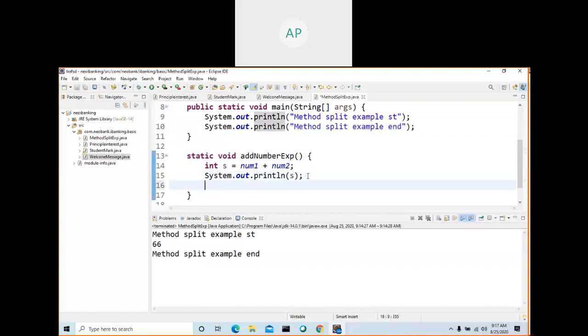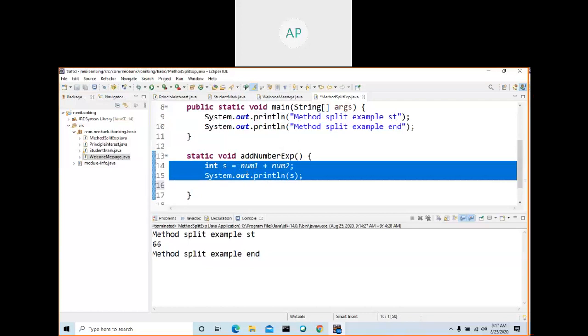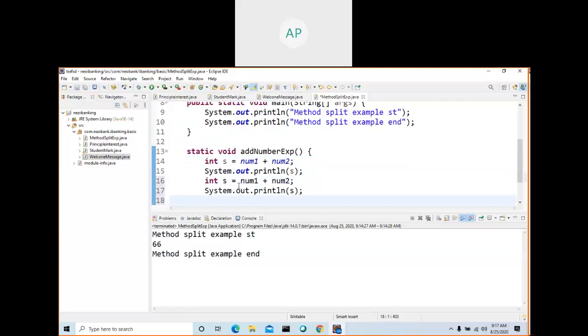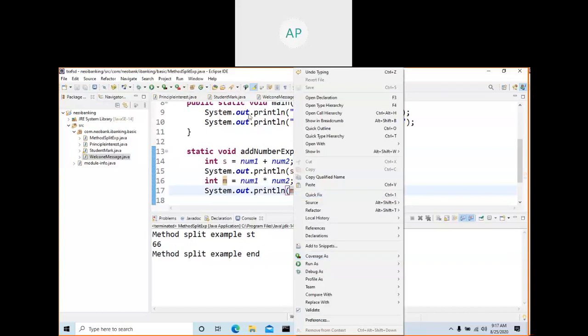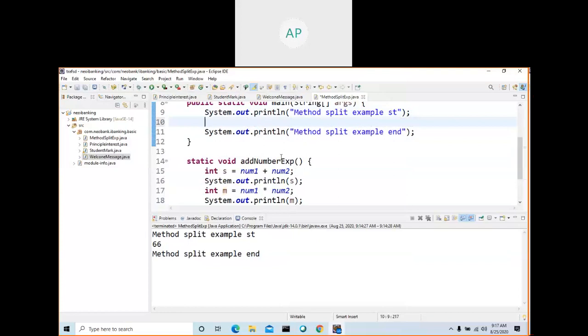So now you will have some basic idea about methods. It's up to you whatever you want to write. Say for example, in this scenario, I can write both the logic here, both the addition and the multiplication in the same method, so that you as a programmer feel that is right. Whenever anyone calls this method, I want to do two operations, one is addition, one is multiplication, then you do this one. Multiplication and something m, print m, Control S. Let's run this one.